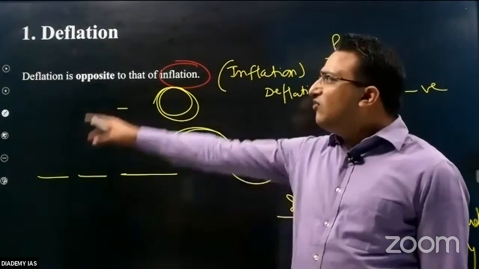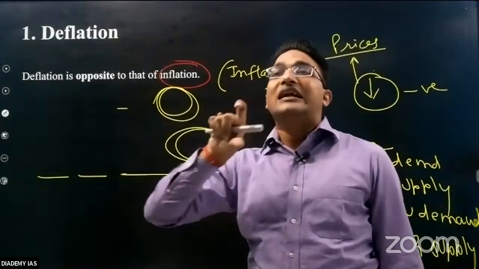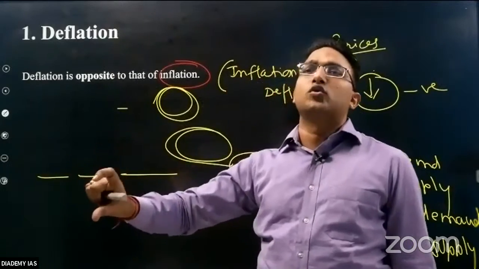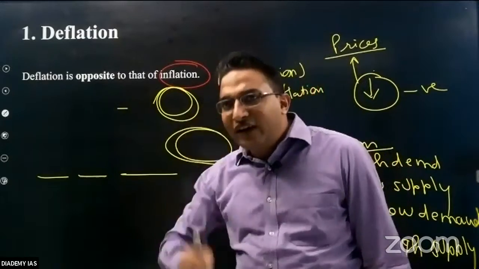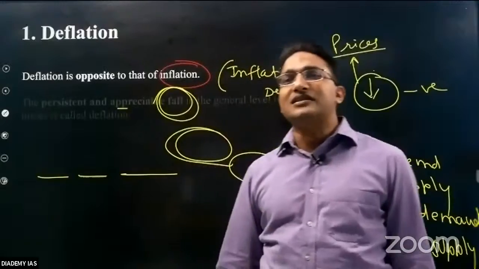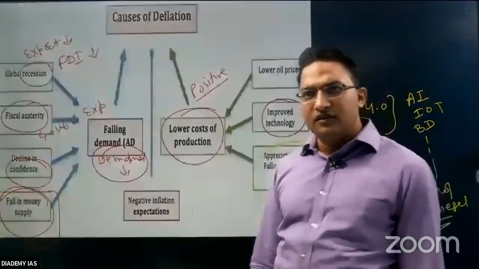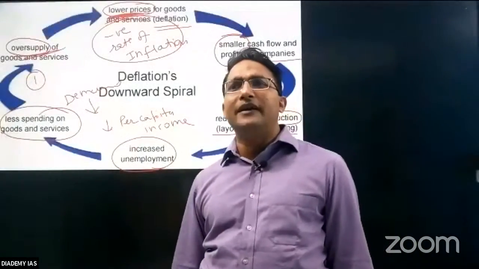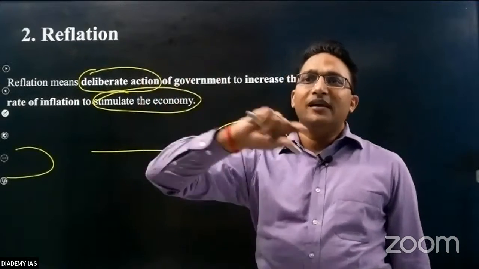Okay? So deflation means there is inflation, but the rate of inflation is declining compared to the past period. Means inflation is there, the price is rising, but the speed is less. Now the reasons of deflation will be completely opposite to inflation. The next term is reflation. What is reflation? Reflation means when